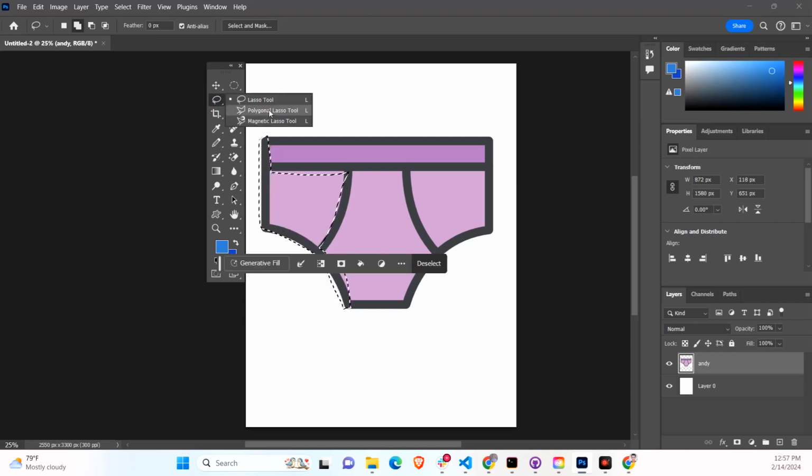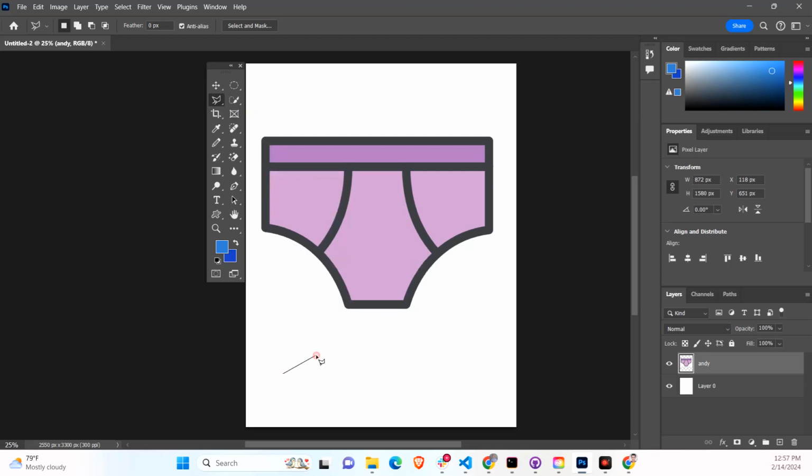Kagaya ng sinabi niya, ginagamit natin naman si polygonal lasso tool para makapag-select ng straight and fine lines na pwede natin i-terminate yan at saka yung lasso tool by clicking kung saan ka nagsimula or pag nag-double click ka. Doon yan si lasso tool natin. Meron tayong mga shortcuts na ginagamit kagaya ng sinabi niya by clicking option or